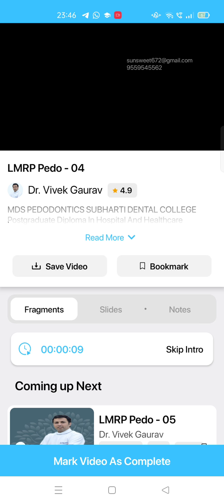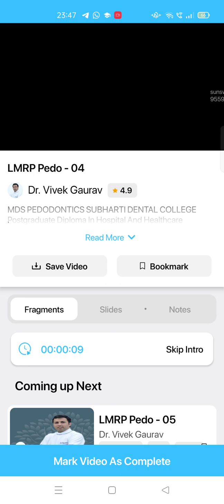Then we know that there are three types of molar relationship present in the primary dentition: the flush terminal plane, the mesial step, and the distal step, and that is related to the distal surface of the primary second molar. Now the flush terminal plane, always remember, transforms into a class 1 molar relationship, whereas the mesial step transforms into a class 1, but sometimes it transforms into a class 3 molar relationship.